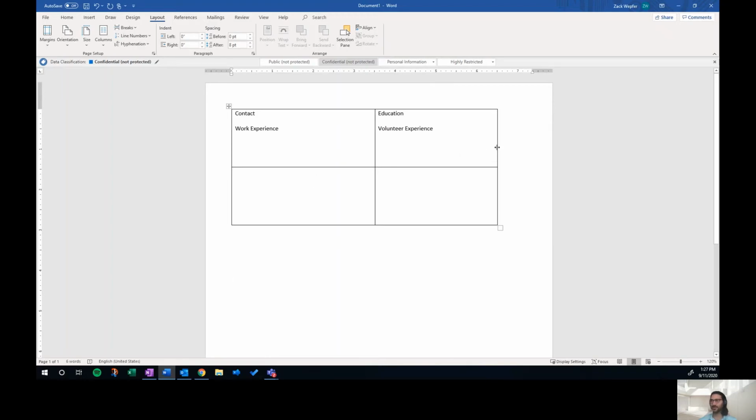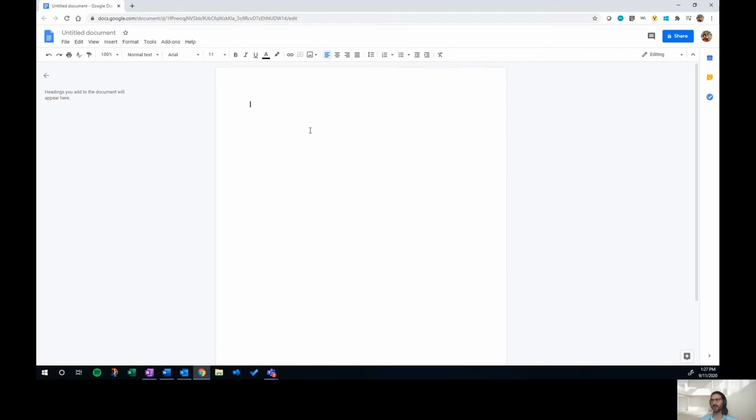And again, the advantage of using a table is it's easier to click and drag and move things around. Now, let's switch over to Google Docs. And a lot of the principles are very much the same. So I'm going to show you how to insert a table. Let's do like this. And we can do contact, say work experience,